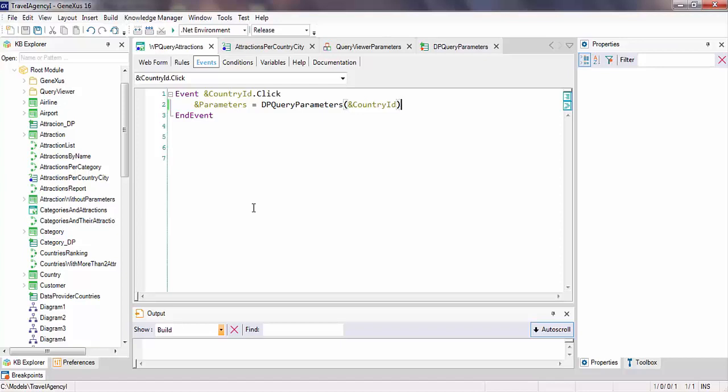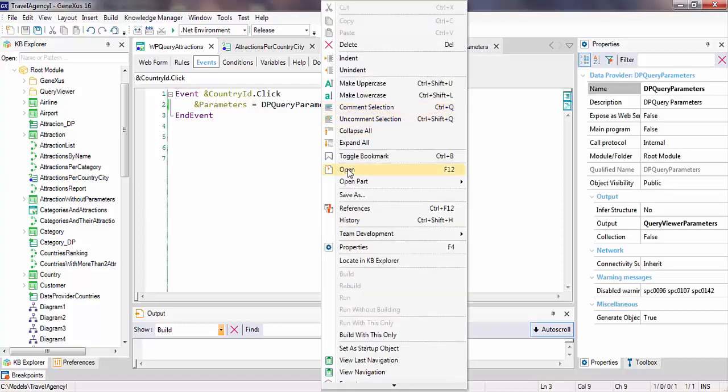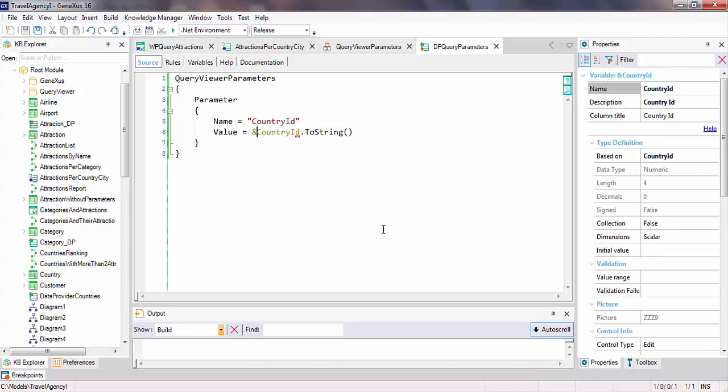This data provider receives the value of the country selected, and then loads that parameter into the collection, indicating the name and the value considered. Since it's of the character data type, we must convert it, and that's why we use the toString method.